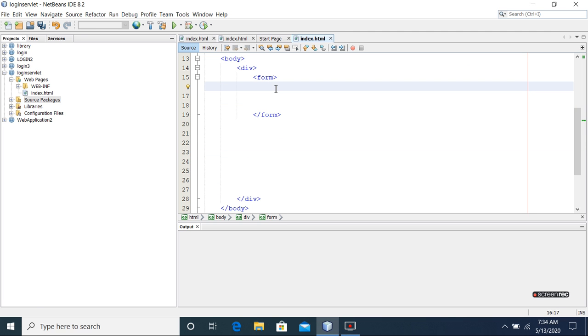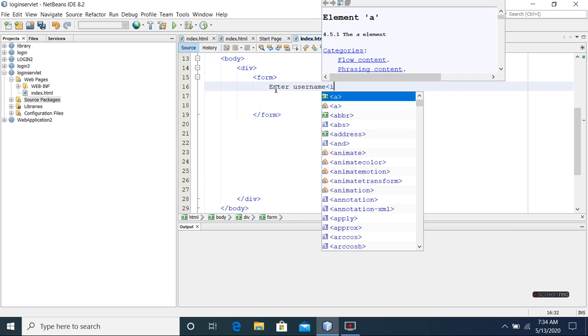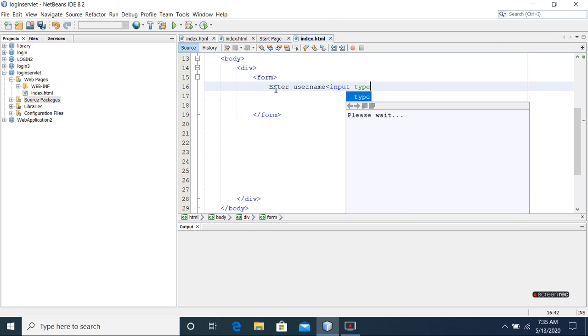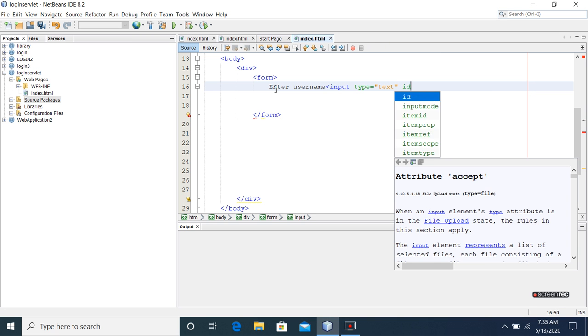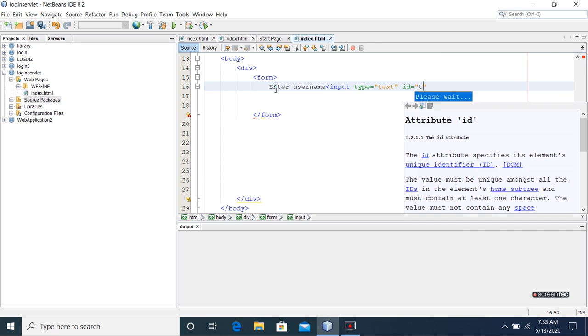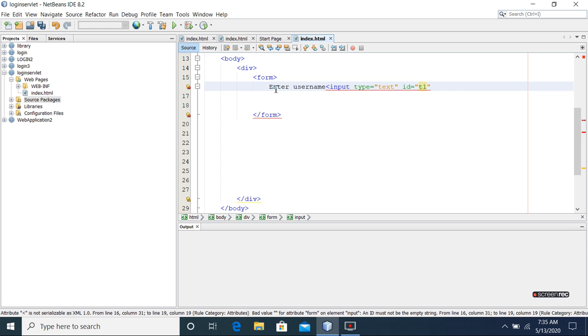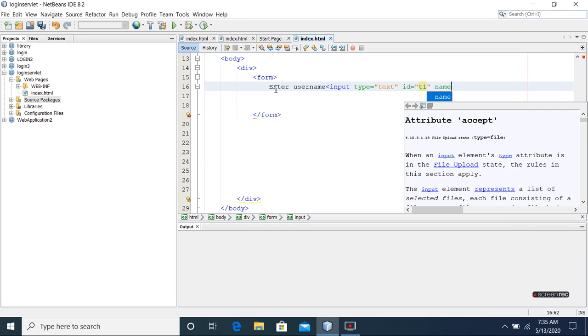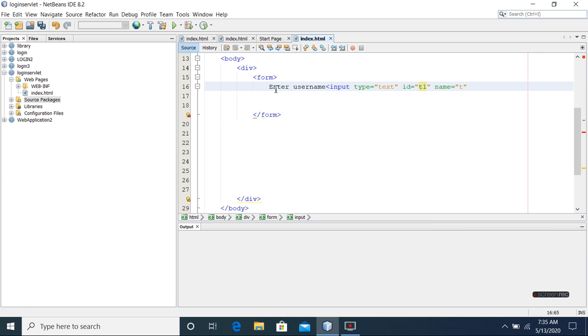To take the username from the user, we will use the input tag with type text. So this is for our username. We will also read the password.